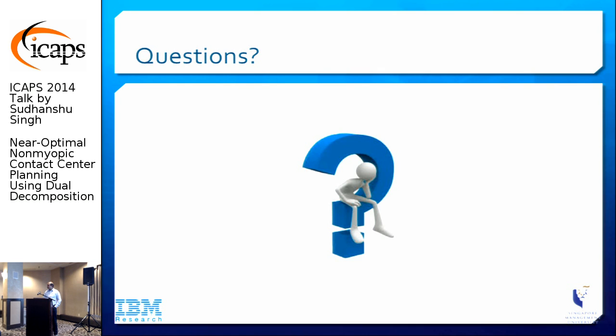Other questions? Is there any chance that you might be able to release some of these instances for other people to work on? We can potentially anonymize them and release them. I think it definitely would be possible. It would be interesting for other people to look at other methods too. Actually, there are quite a few other open problems in this area, like the chat kind of problem, where people are chatting with agents online, because in that case, a person can work on 2 or 3 chats simultaneously. So that problem has also not been touched. There is quite a bit of interesting work left to do in this area.